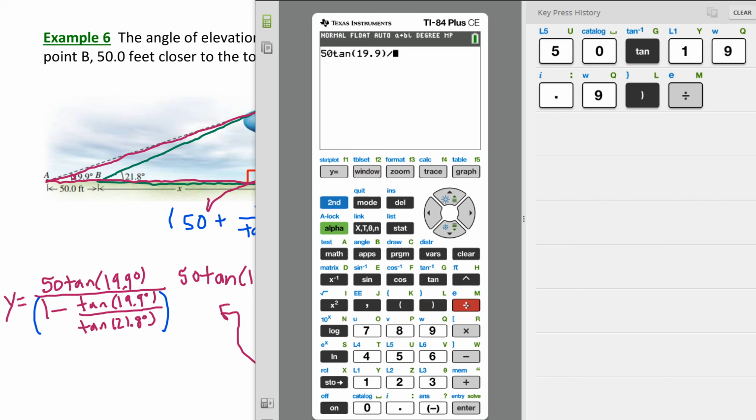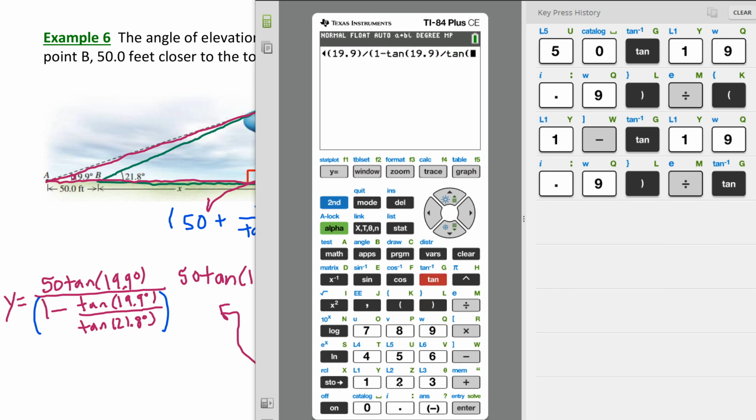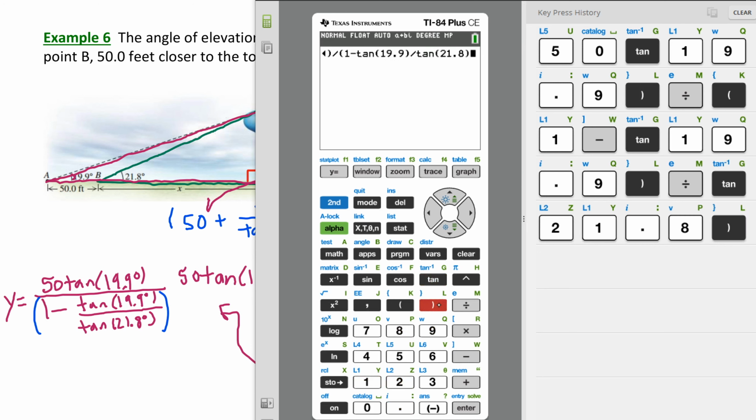You're going to accrue it over time. So round once at the end of the problem, okay? So I've opened parentheses for my denominator. I have 1 minus tangent of 19.9. Make sure you close parentheses for each argument of your trig function. Your calculator's automatically going to open them. Make sure you close it. Okay, I'm also going to close parentheses for my denominator here, and we end up with